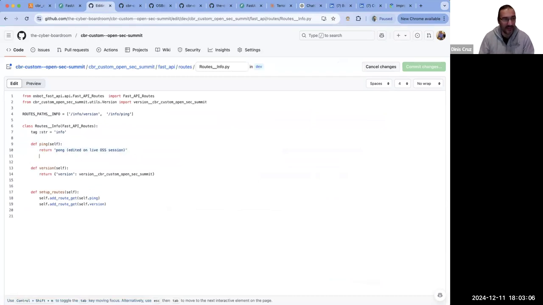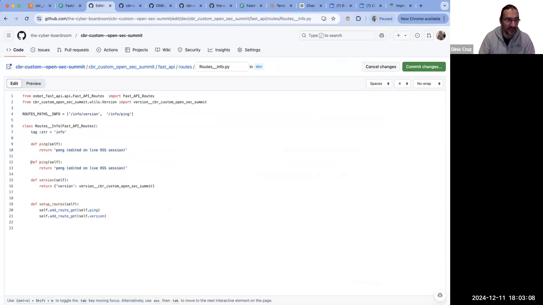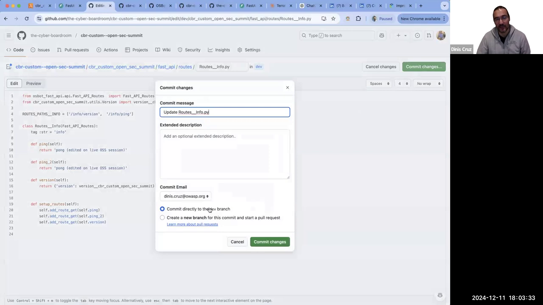I'm going to add a new route. I'm going to call it ping 2, and I'm going to wire it up here. Actually, if I do this, not a lot matters, because I haven't wired it to the outside world. In a way, that's not a major problem. The problem is once you do this, it means I literally wire this up to the outside world. And because I haven't added a change here, what you're going to see is that when I do this,